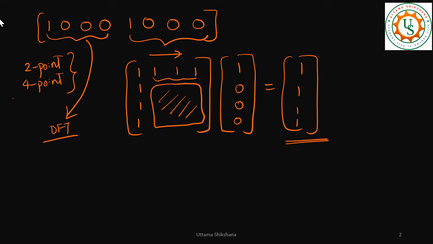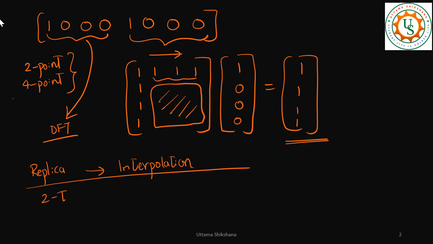But now we need to apply one very important property, that is the replication in one domain is interpolation in the other domain. This is a very important DFT property. Here replication is happening 2 times, so the interpolation will be by a factor of 2. So the interpolation factor p is equal to 2, which means between the samples we need to insert p minus 1 zeros. So based on this DFT property,